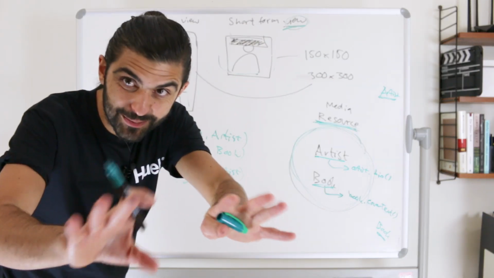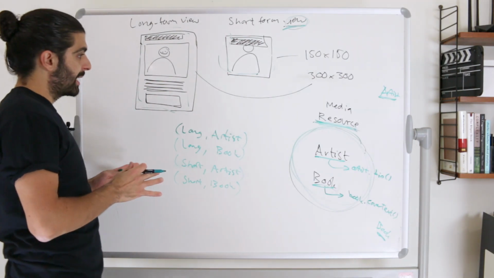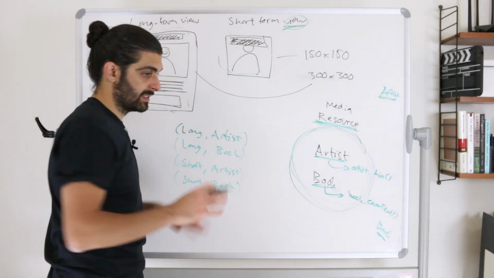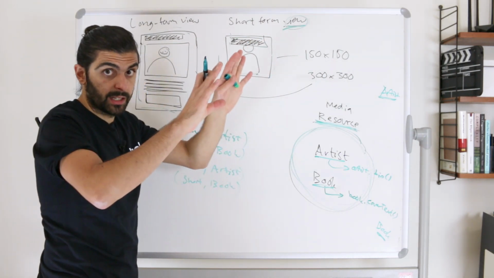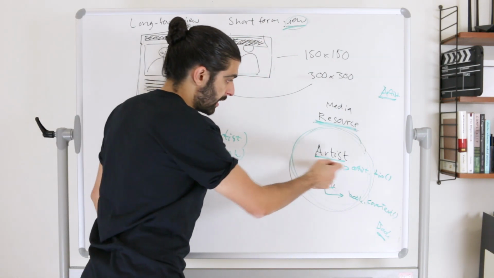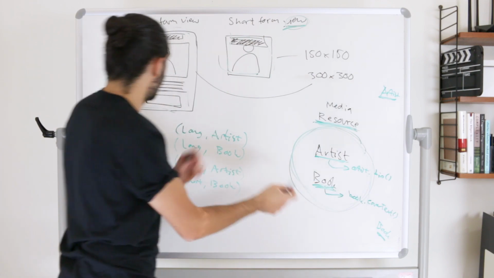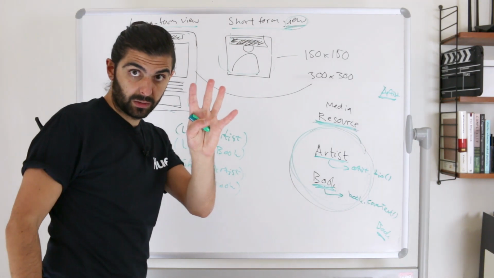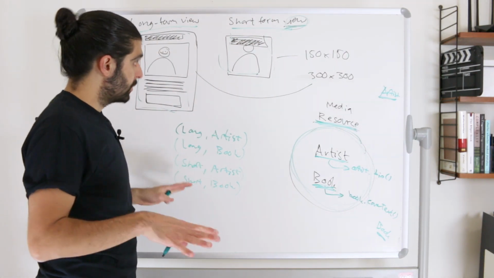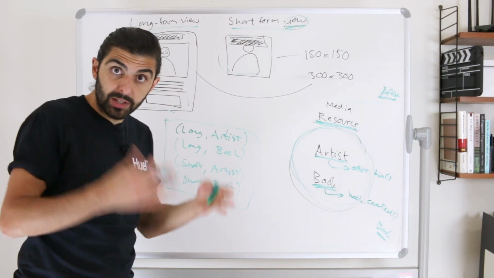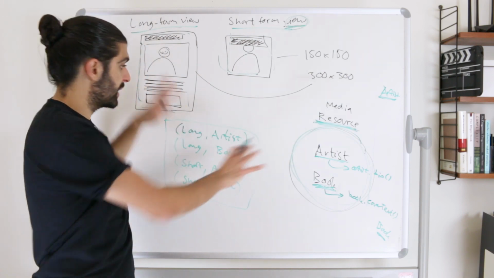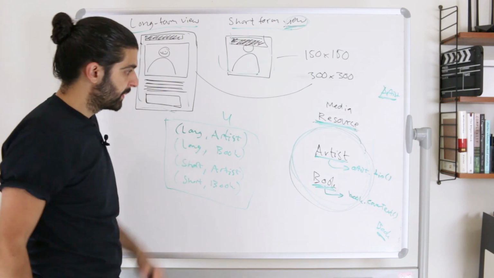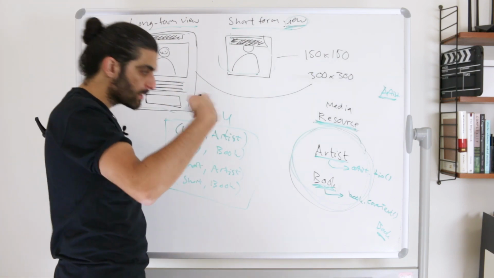But let's now move on. In this particular example, if we built this using the bridge pattern, we would have 4 classes, not counting the abstract classes or the interfaces. We would have an artist media resource and a book resource, and we would have a long form view and a short form view. So we'd have 4 classes in total. Now, if we did not use the bridge pattern and instead built a class for every item in the Cartesian product of these 2 sets, we would also end up with 4 classes, probably. But again, the key point is that as we extend it,